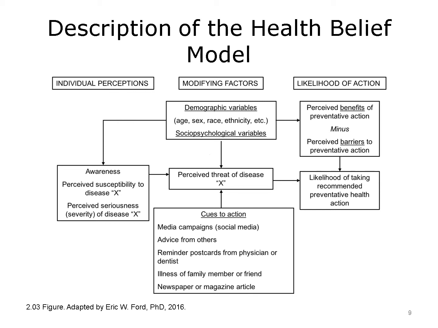Say, for example, you're a middle-aged man, so we can also take in some of these modifying factors appearing in the middle of the chart, the demographic variables. And you come from a socioeconomic background where it's not unusual for people to have cardiovascular disease, heart attacks, and other illnesses. So you might perceive yourself to have elevated susceptibility. How serious you consider the disease is another important component because it is the two elements taken together, perceived susceptibility and perceived seriousness, that factor into your overall perception of disease threat, which appears in the box in the center